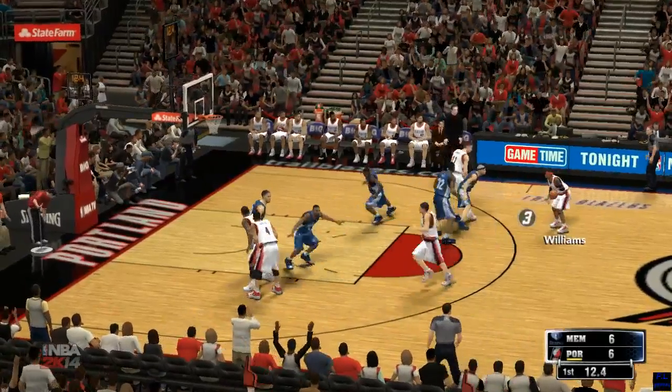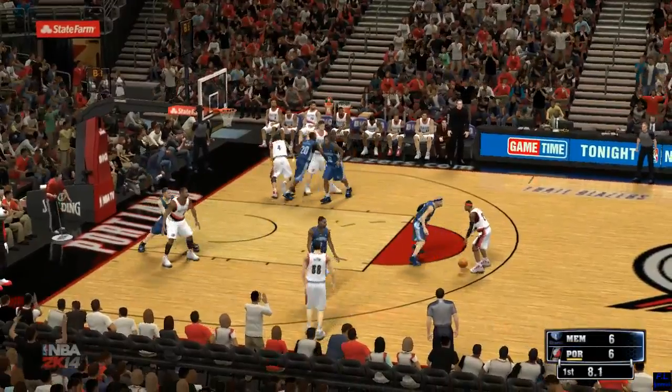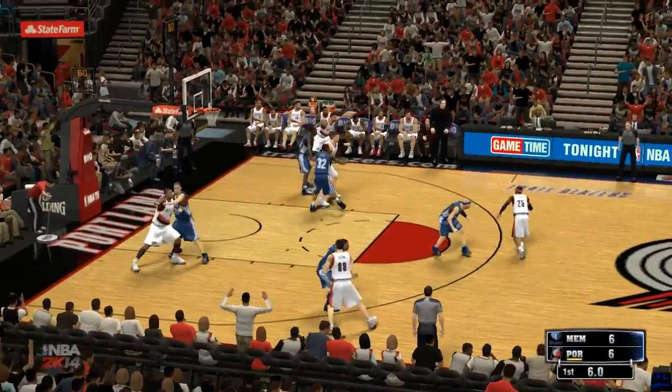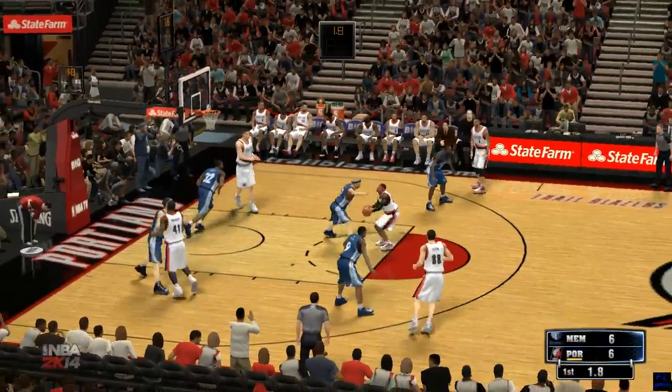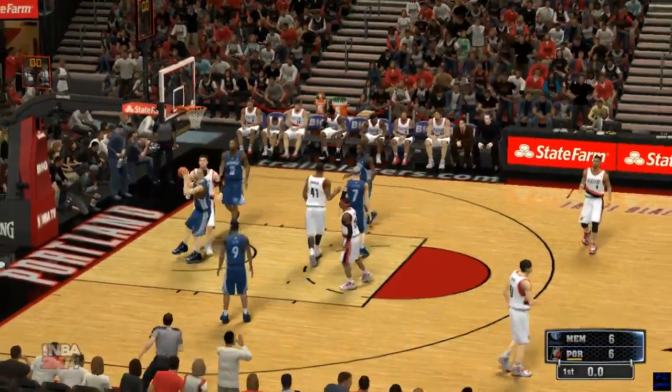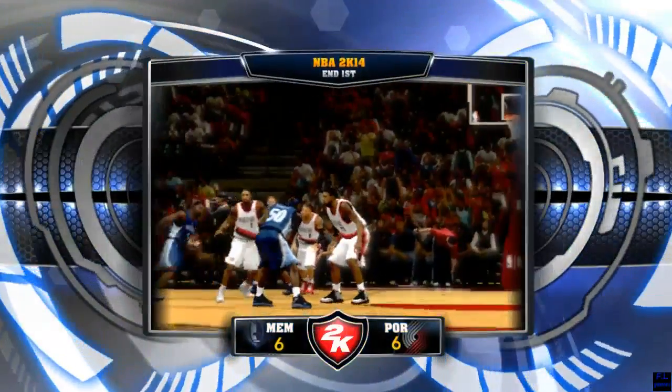Catching up on the changes for Portland. Meyers Leonard, he's checked in for Lopez. Thomas Robinson comes in for LaMarcus Aldridge. Jared Wright's checked in for Wesley Matthews. And Mo Williams subbed in for Damian Lillard. It's all tied in Portland, and the second quarter will...